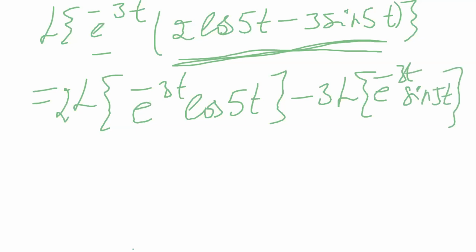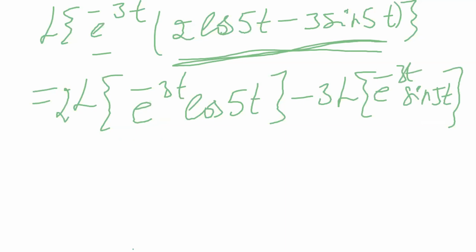Here the exponential term is a multiple of another function. Exponential one is here, two functions of Laplace: one is the exponential term and it is a multiple of another function. Here also one function is exponential, and it is a multiple of another function. Clearly it is the first shifting.